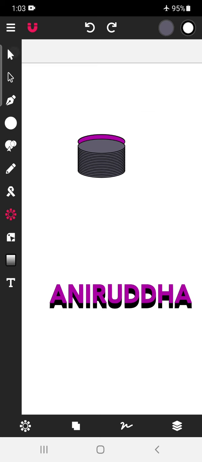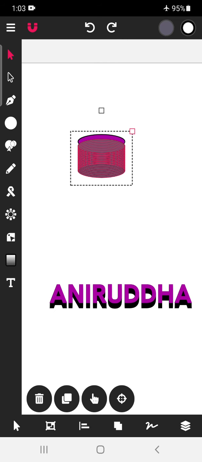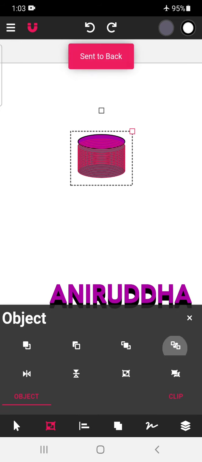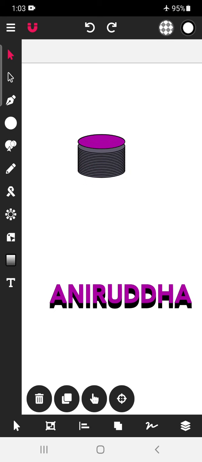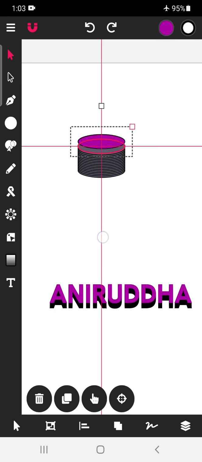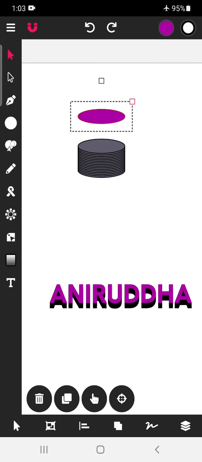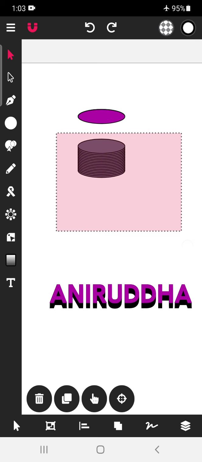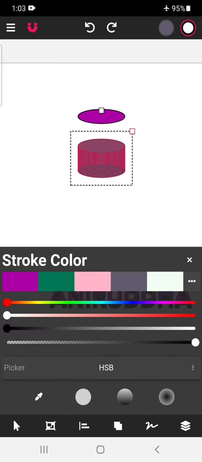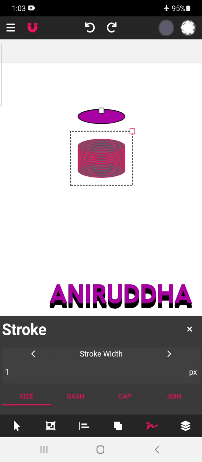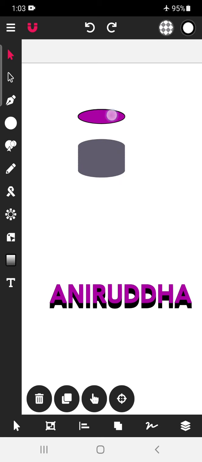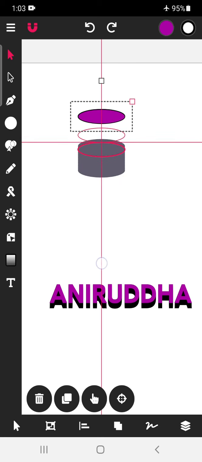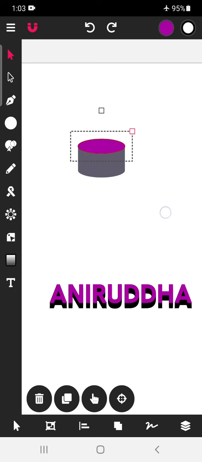And then you can send it back and keep it on top of this. Wait, we can actually remove this particular thing. Stroke, we can reduce stroke, so stroke is not there now, and we can bring it this.